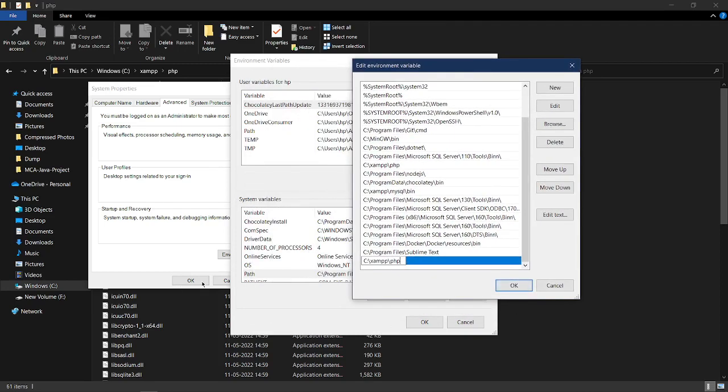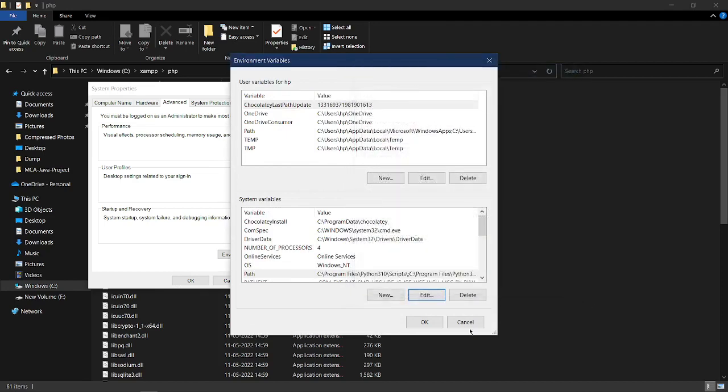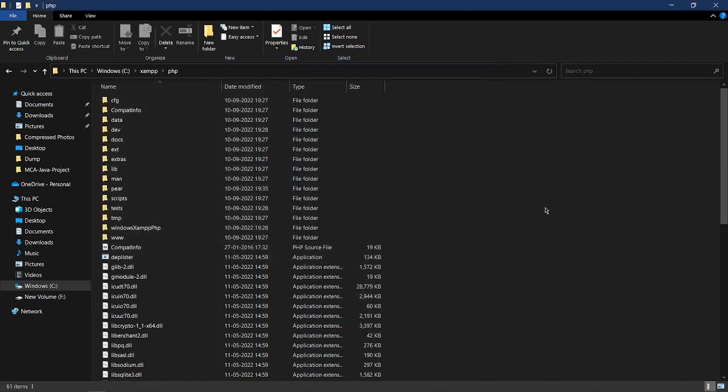Now I have already done that, so I will press cancel. I will close this box as I have done it earlier. Now why did we do this? We did this because we want our system to know that we have installed PHP. So after setting up the environment variables, if you go to your